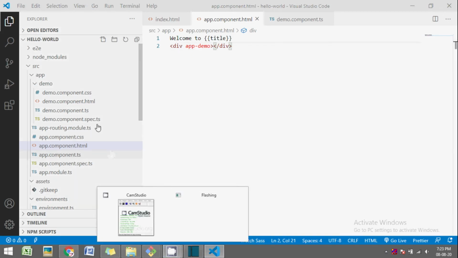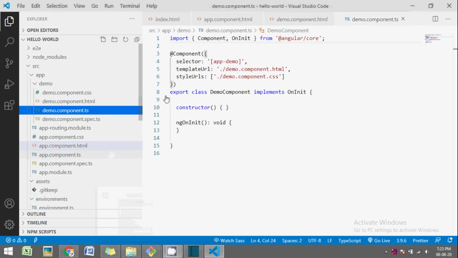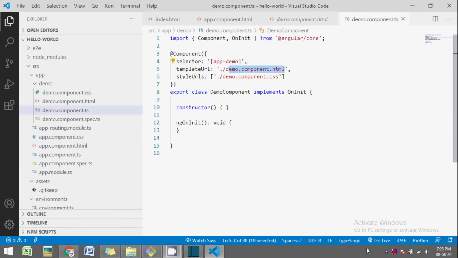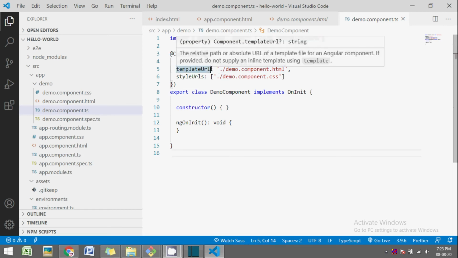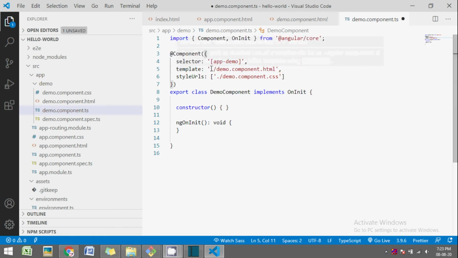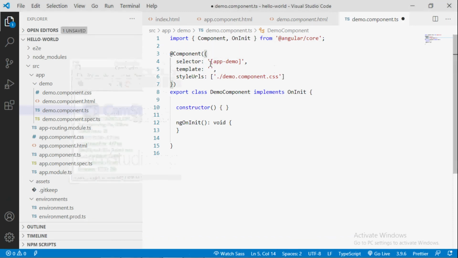Next, in our component, we have templateUrl, which points to the file which contains the HTML, that is demo.component.html. But it is also possible to specify the template inline, and for that we use the template property. You can change templateUrl to just template. So now we can specify HTML right here.